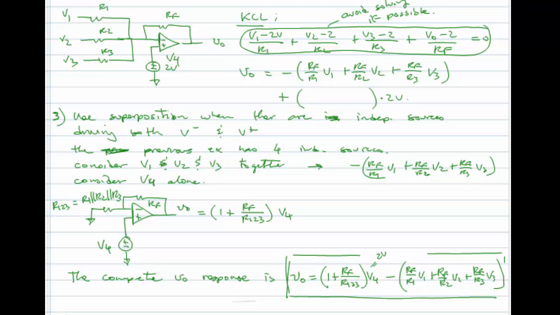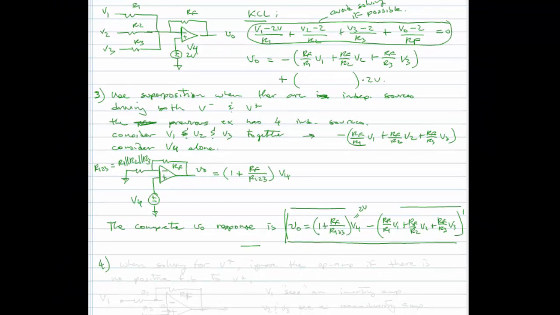Well, we turned off V4, so we set the 2 volts to 0, looked at the response due to just V1, 2, and 3, and then we turned V1, 2, and 3 off and looked only at the response due to V4. And that way we kind of keep it in this very simple inverting amplifier form and non-inverting amplifier form. All right, the next point is